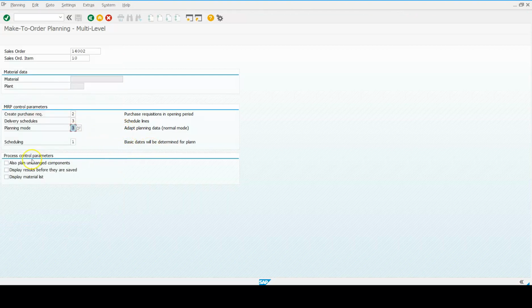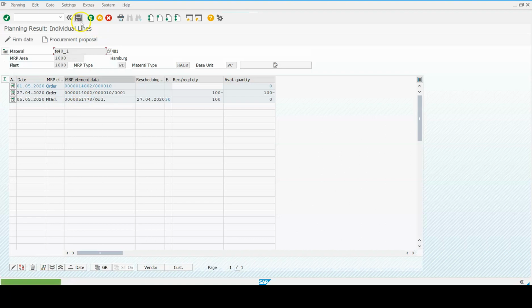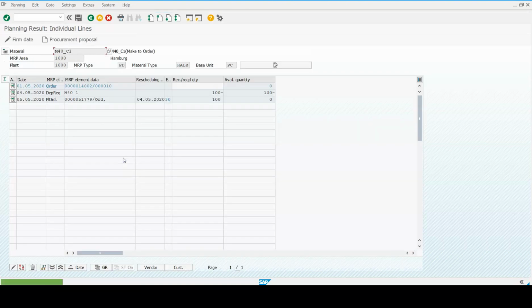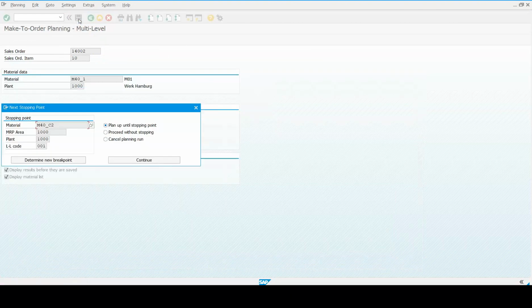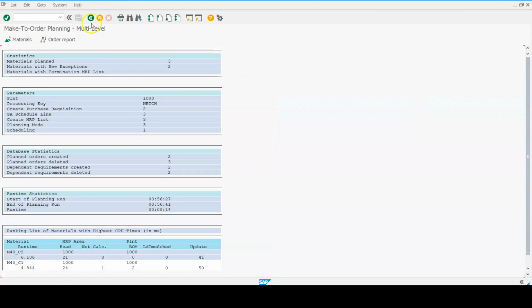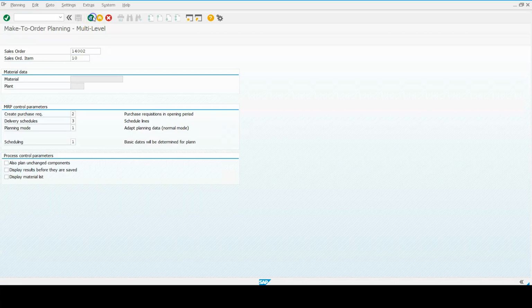I'm not bothered about scheduling and all that. My header is planned, my component 1 is planned, and it is planning my component 2. There are no results, so let me go back.